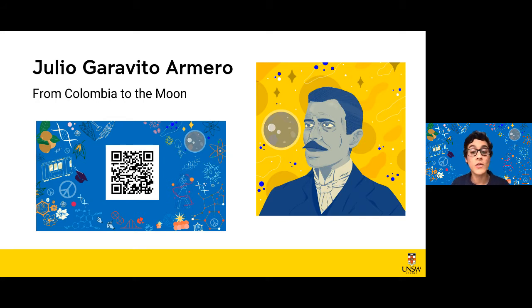Yeah, of course. So Julio Garavito Armero was a Colombian astronomer who lived between the end of the 19th century and the beginning of the 20th century. From a very young age, he stood out as a child prodigy in both science and mathematics and excelled for his exceptional academic performance throughout his bachelor's studies. He was appointed head of the National Astronomical Observatory, which was the most prestigious scientific position in Colombia at the time, and he took advantage of this opportunity to make great contributions into astronomy, especially in the field of celestial